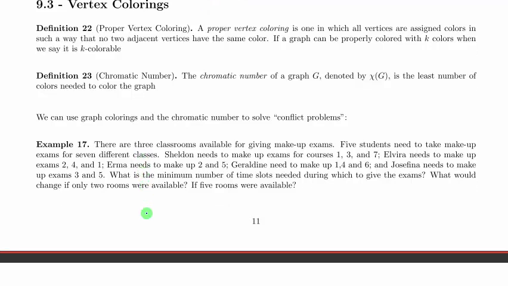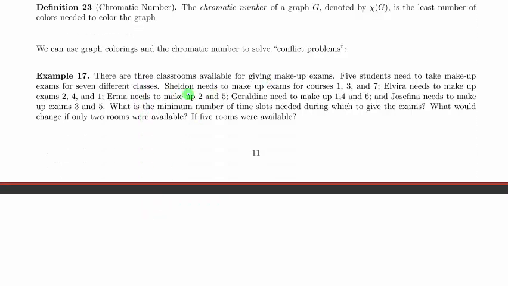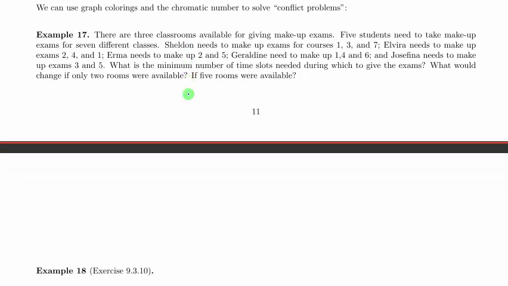So we can use graph colorings and the chromatic number to solve what are known as conflict problems or scheduling problems. So in one example, let's say that we have 3 classrooms available for giving makeup exams. 5 students need to make up exams for 7 different classes. Sheldon needs to make up exams for courses 1, 3, and 7. Elvira for courses 2, 4, and 1, Irma for courses 2 and 5, Geraldine 1, 4, and 6, Josephina for